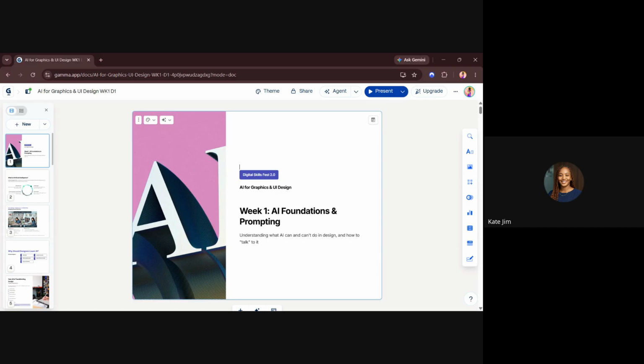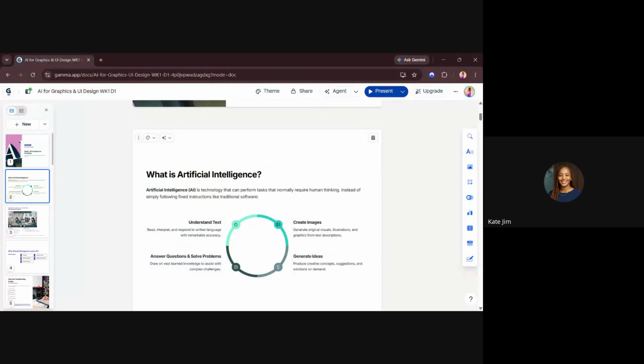So AI is a technology that can perform tasks that normally require human thinking, because we are the ones that God has given this talent of thinking, this creativity. God has put it in us. Yes, so it is human beings that created AI, and we're trying to put all of our thinking, our intelligence, into it. That's why it's called artificial intelligence. It wasn't there, but we put it there.